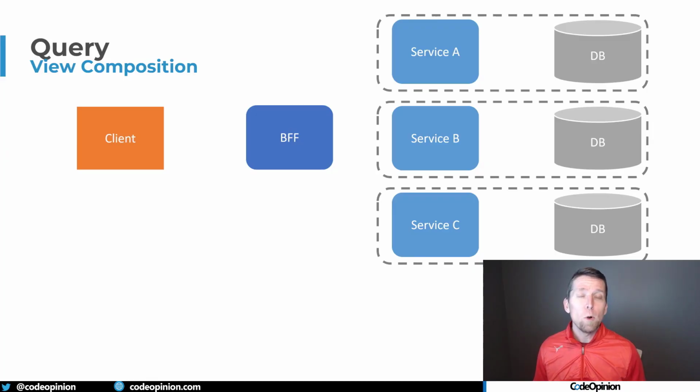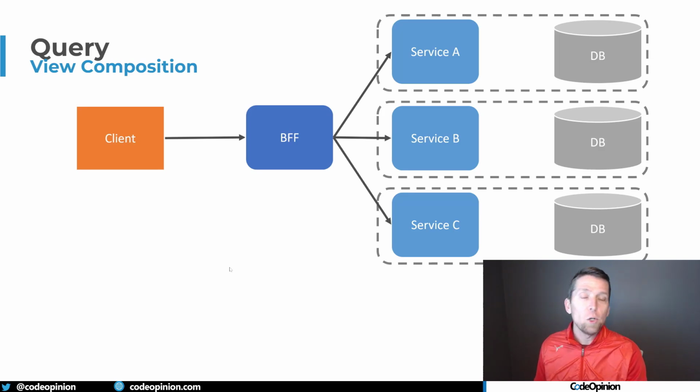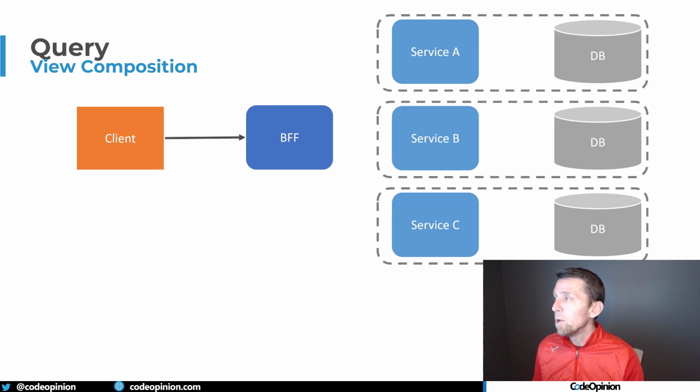So on the query side, probably the most common question is if all these services aren't communicating with each other, how do we build out some UI? We want to do some type of UI and view composition. Probably the most common way of doing this is with a BFF, a backend for frontend. It's going to sit in front of all our services, and that's what our client is going to communicate with. So it makes, again, a synchronous blocking request to our BFF, and it's the one going to reach out to all the different services. It could be concurrently, and they're going to return all the relevant data for whatever the request was. And our BFF is the one going to do that composition and then return back to our blocking call to our client so it can build out its UI.